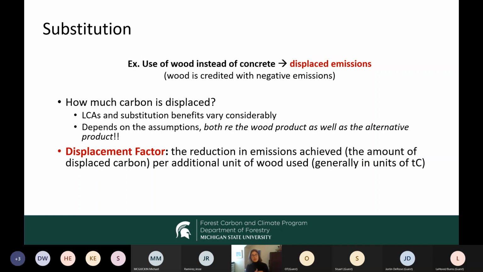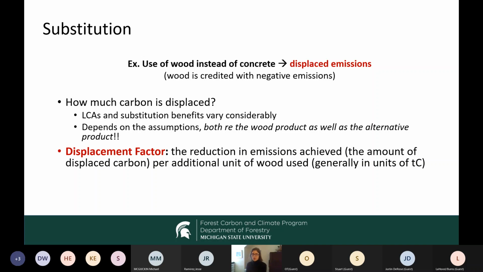But in addition to that, even if we were using the same methodology, the assumptions about the wood product as well as the alternative product might differ. I'll get a little bit more into that in a couple of slides here, but so much is based on those assumptions about what the counterfactual scenario was, right? If I'm going to be substituting for concrete, I have to have a host of assumptions about where that concrete was coming from, the emissions associated with the production of that concrete, and so forth. Not only concrete, but also the emissions associated with the hypothetical wood product. All that comes together, with the assumptions and with the LCAs guiding the process,